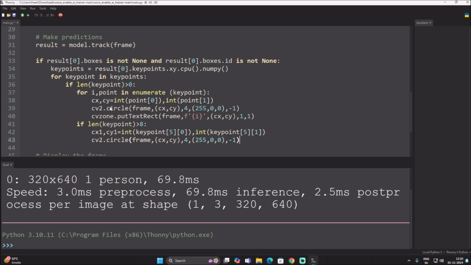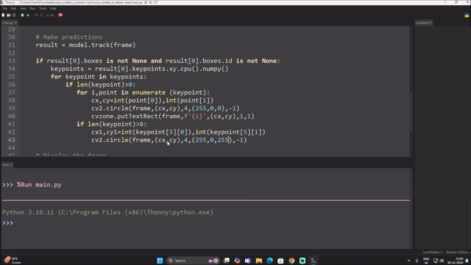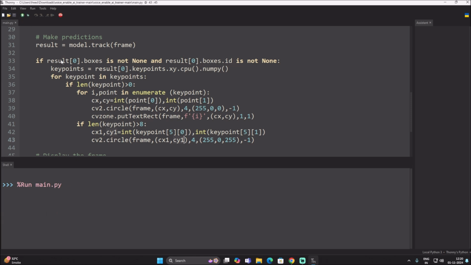and if I draw here a circle, so because we already drawing circle on full body, so we mentioned the blue color. So here for our knowing purpose that we are highlighting a particular point, so we will mention the pink color for only fifth number point. So if I save the code, if I run the code, friends, here it is. As you can see, I have made the mistake. This is not cx, this is basically our cx1 and cy1. So if I save the code, if I run the code,